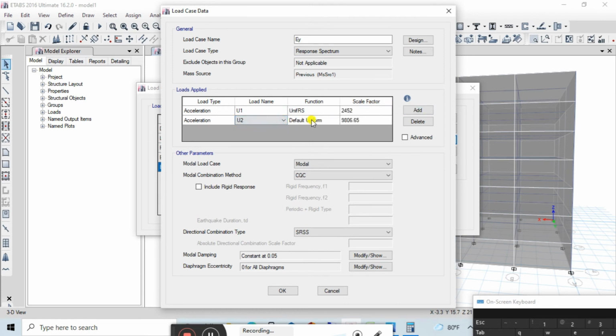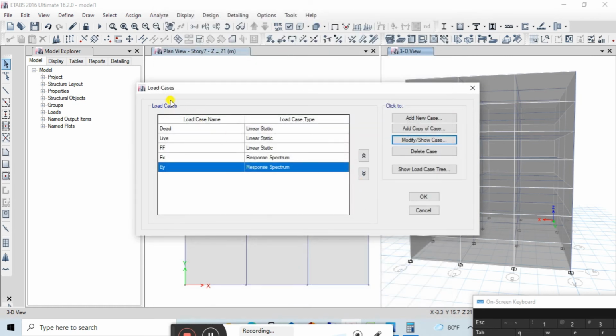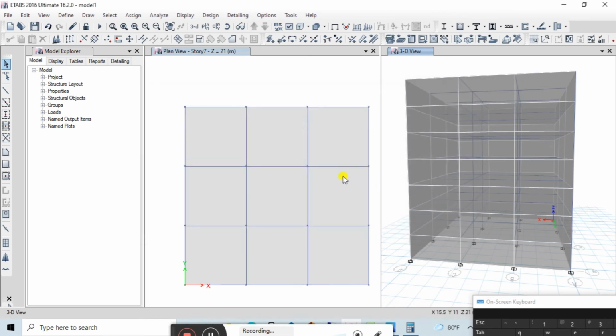Again in second, U2, make this as unit RS response reduction, and scale factor as 2452, which we have calculated earlier. And all these things will remain the same. Here again we can change it to CQC method, then press OK. Then after considering all the load cases, the next step is the load combination.